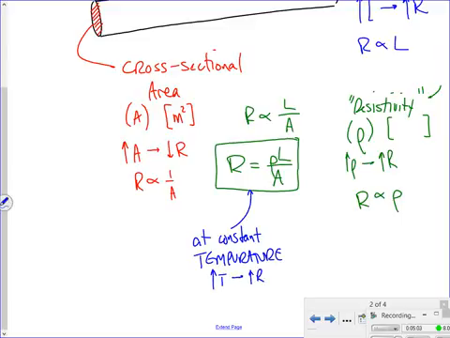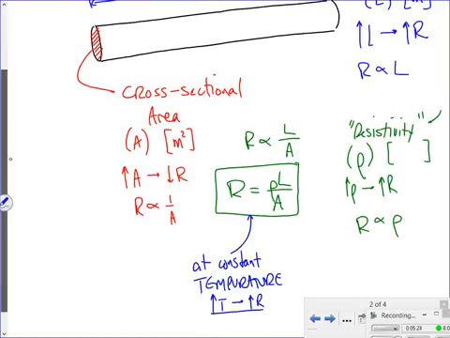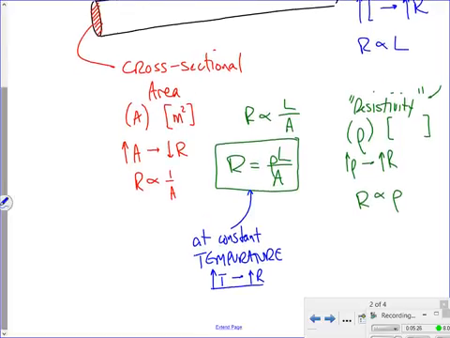That's a qualitative thing you ought to be comfortable with, but we don't employ it mathematically. Those are the factors that affect a conductor's resistance: its length, its cross-sectional area, the material's characteristic resistivity, and the temperature. Again, we don't worry mathematically about temperature, other than qualitatively to say that hotter means more